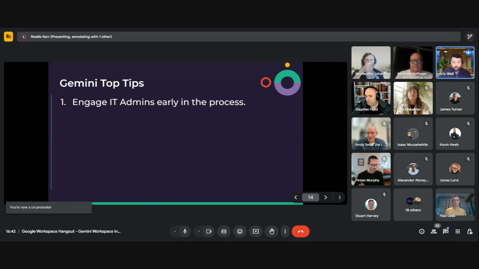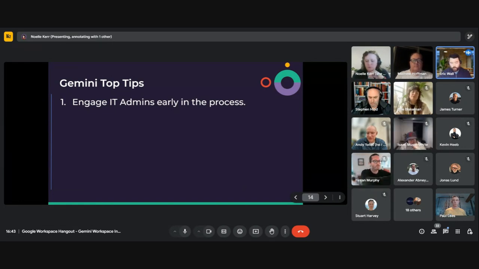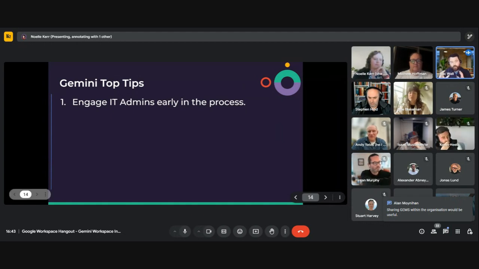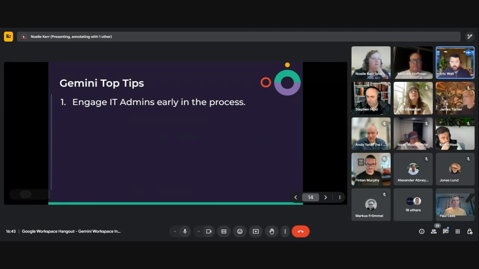One of the main things that we looked at was the idea of engaging IT admins early in the process. If we started at an end user level and then flip over to admins, there's generally this hesitation around security and what this tool is going to do. We find engaging IT admins at a top level to bring them through the security settings, what's available, and what this means for the business is the best place to start, because people in a business need to be comfortable with what a tool is going to do. The first questions that we get asked by pretty much every IT team are, let's go through the security settings and understand them in depth. And this is where we start. And once that's comfortable, the conversation can move forward.